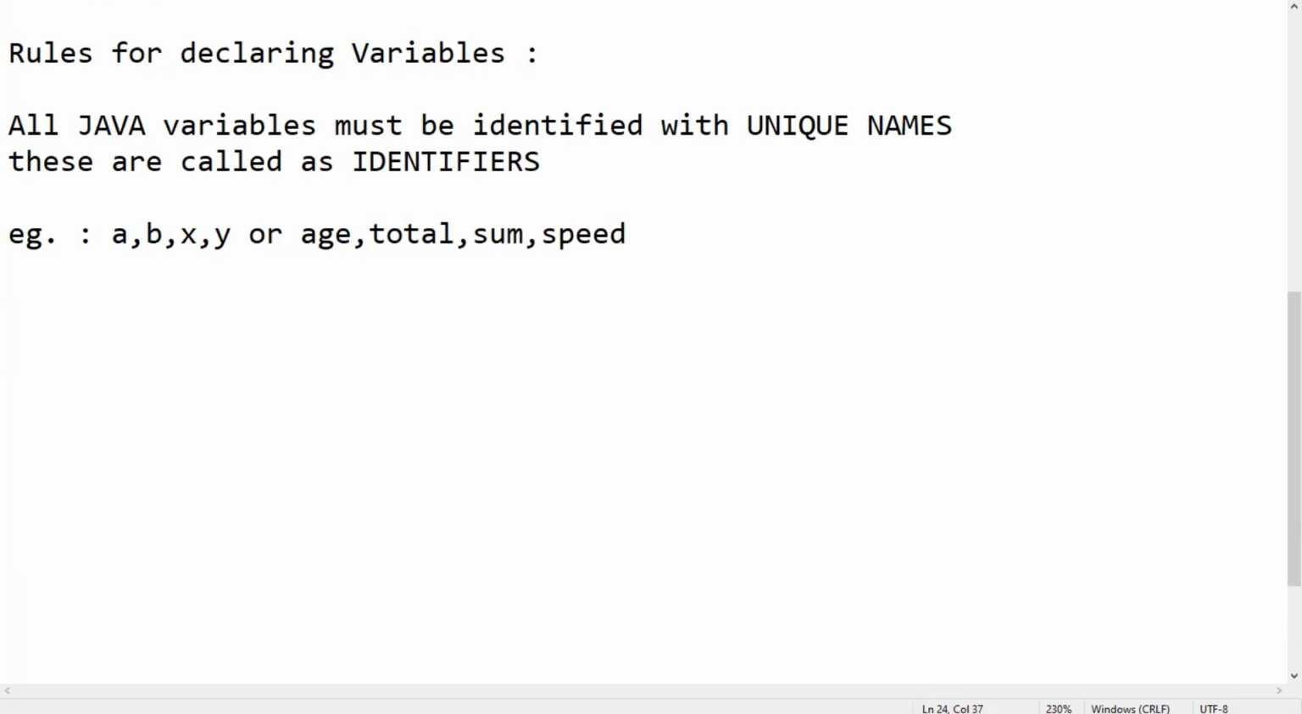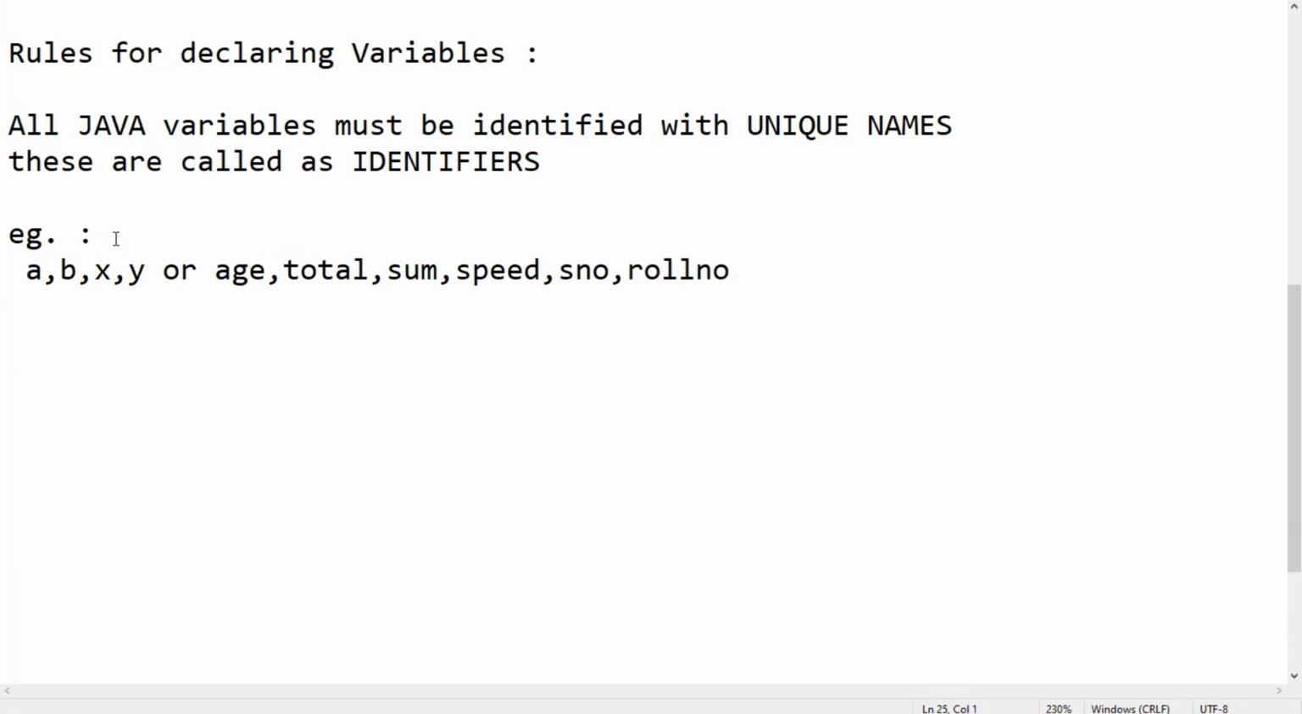SNO, serial number, right? Next, roll number, ROLLNO. You can have any kind of these names. That is the first thing. And whenever you are trying to declare any names, right,